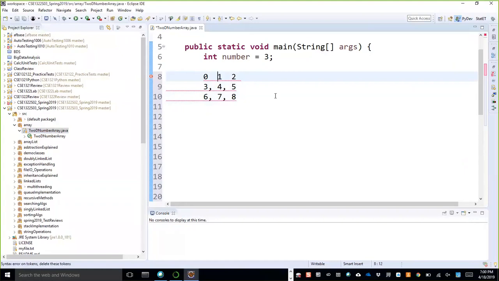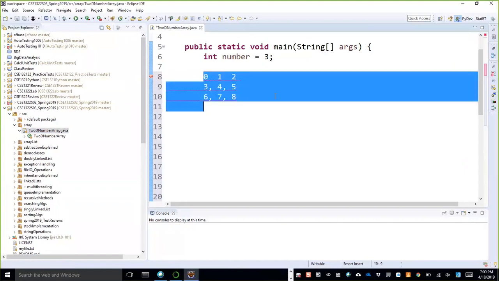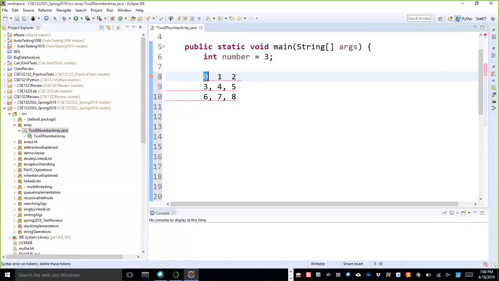With this two-dimensional array, we can do a lot of things. For instance, we can sum up all of the elements. This element, then this element: 0 plus 1, 1 plus 2 is 3, 3 plus 3 is 6, 6 plus 4 is 10, 10 plus 5 is 15, and so on.